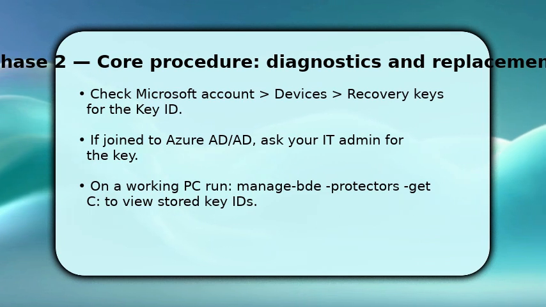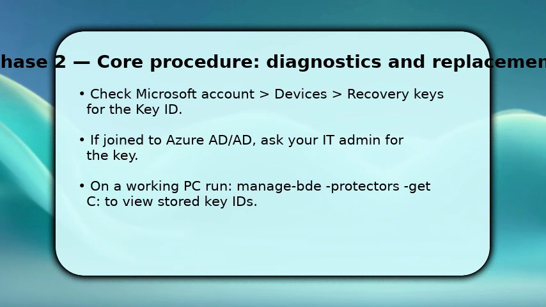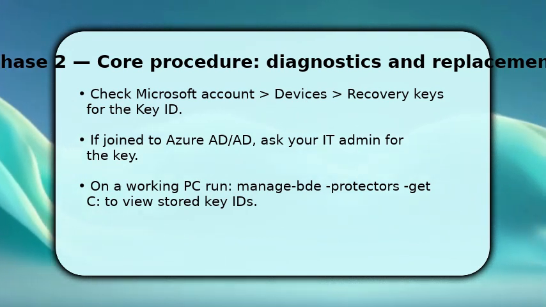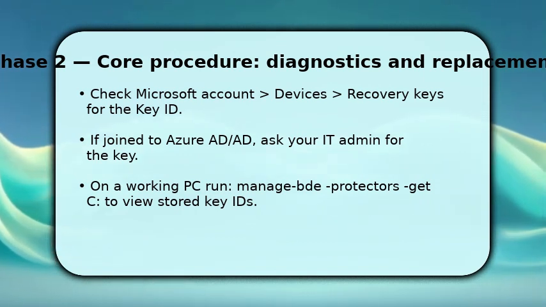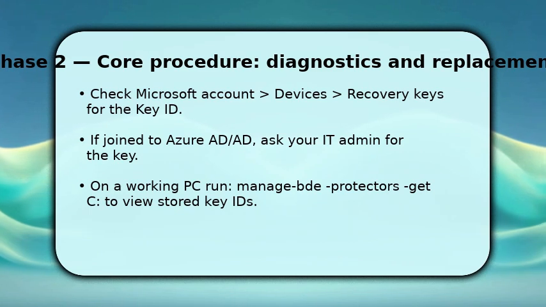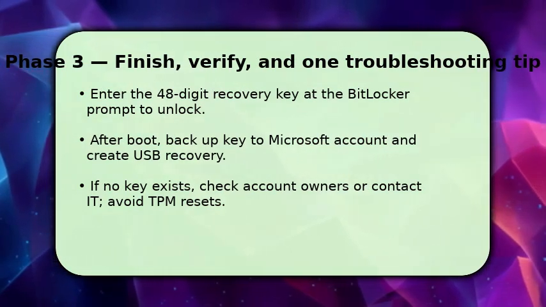If the machine belongs to an organization, contact IT to retrieve the key from Azure AD or Active Directory. They keep keys linked to device objects. Alternatively, on a working Windows machine with administrative rights, run manage-bde -protectors -get C: to list protectors and confirm the stored key ID. Enter the matching 48-digit recovery key at the BitLocker prompt to